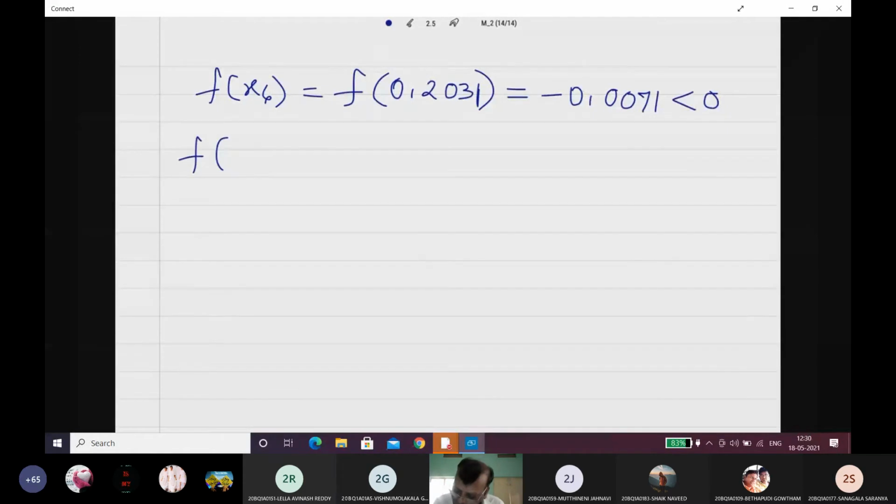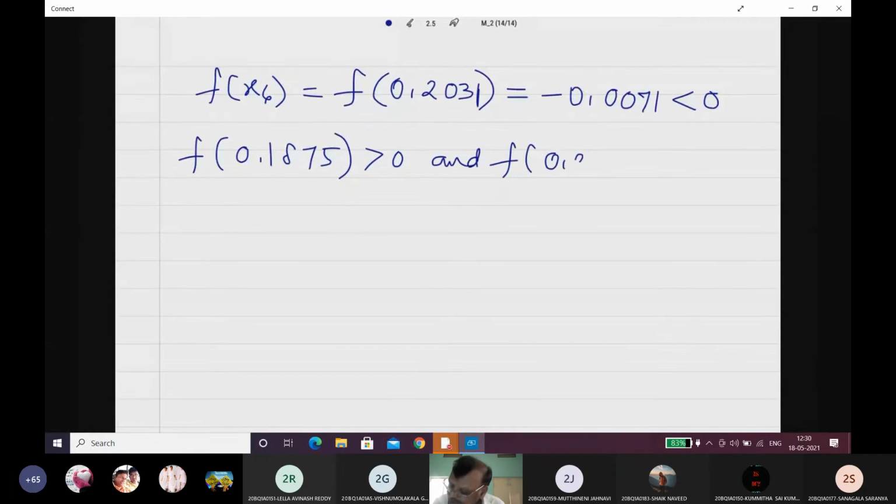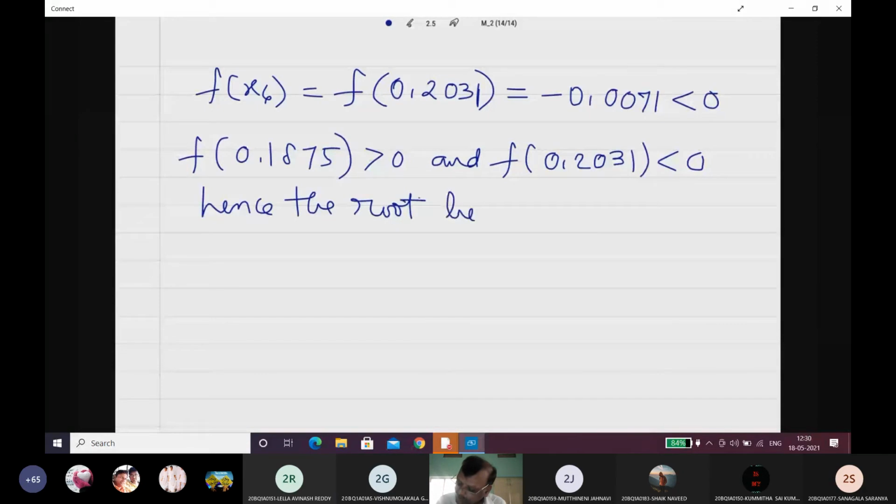F of 0.1875 is positive and f of 0.2031 is negative. Hence the root lies between 0.1875 and 0.2031. Now the next approximation is